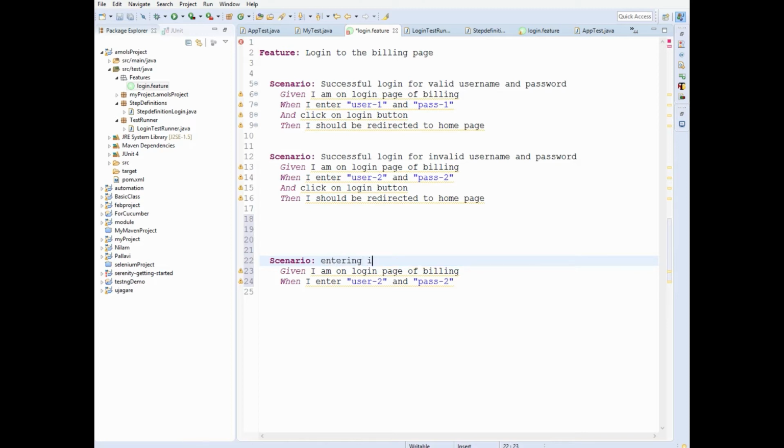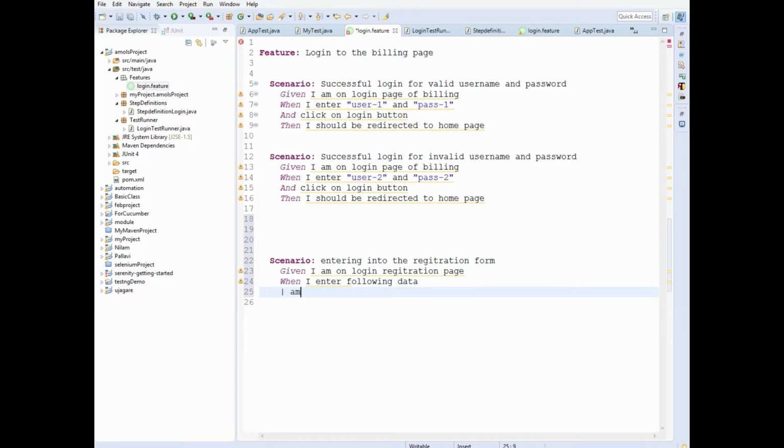Entering into the registration form. Given I am on, let's say, registration page, I enter following. So let's say there are four fields.